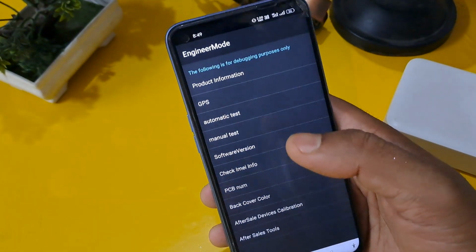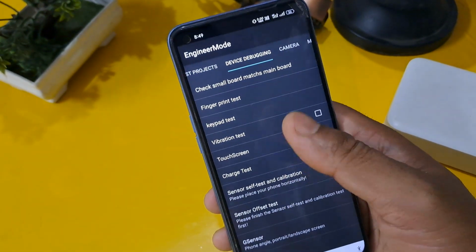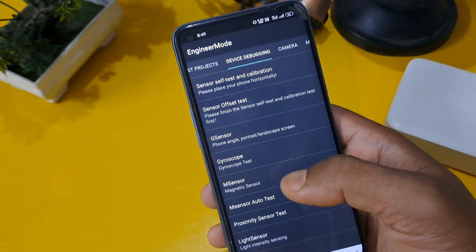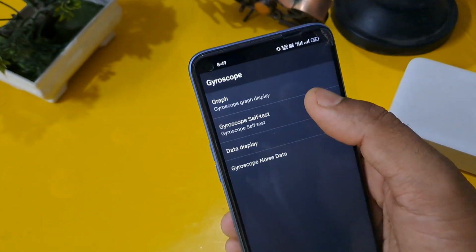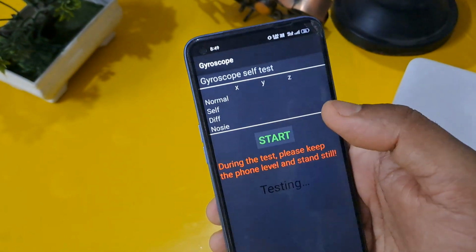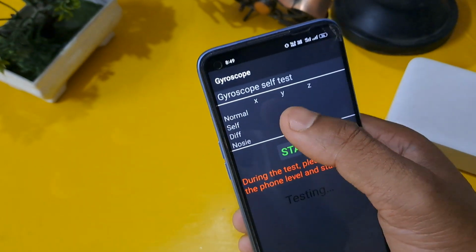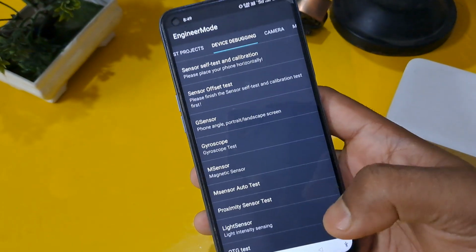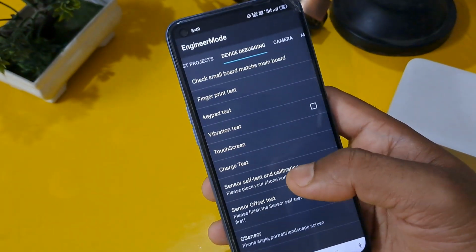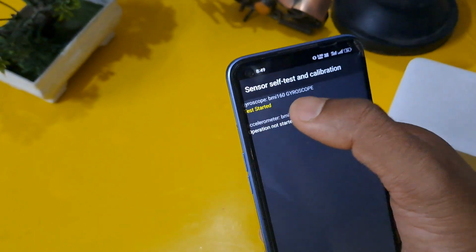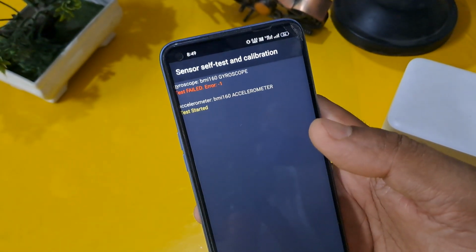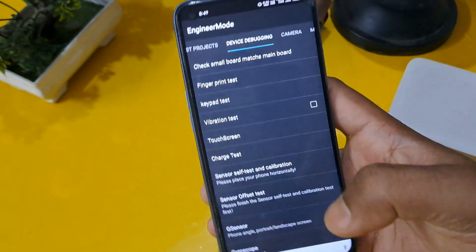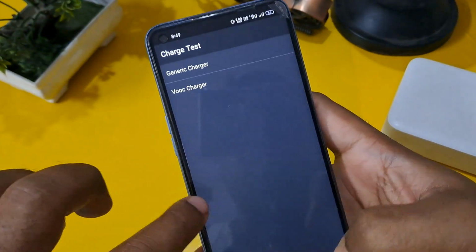Now come back from this option and press manual test, and in the second row, device debugging page. After that you have to check gyroscope test, gyroscope self test, and press start here. Now you can see there will be some numbers it is asking for, so just look and come back and press sensor self test calibration and press both options. We wait for pass, because gyroscope and accelerometer are both part of the operation. The text field is here, so we have to press this option again